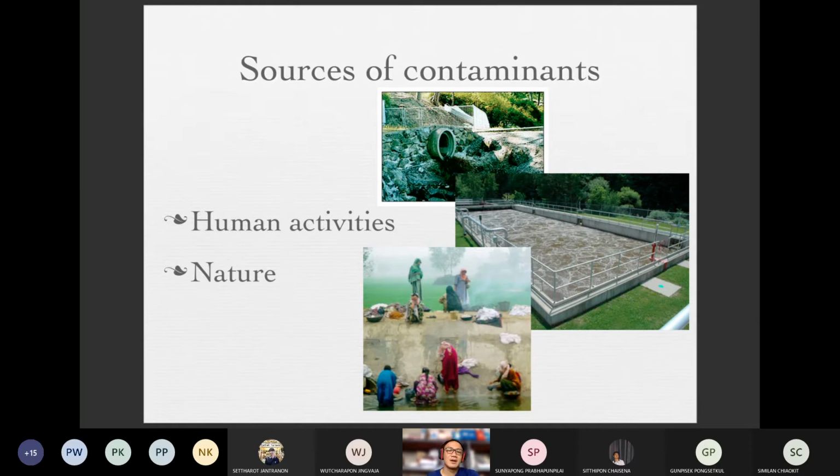But for the contaminants caused by human activity, mostly they are also pollutants. So it takes a lot of time, and it sometimes causes harm to the environment. So now we need to deal with both sources of contaminants that may bring contaminants and